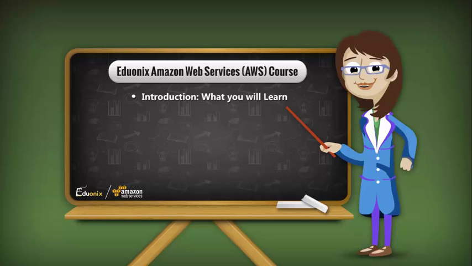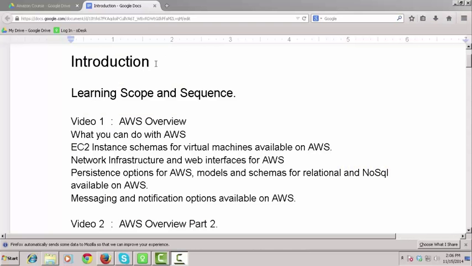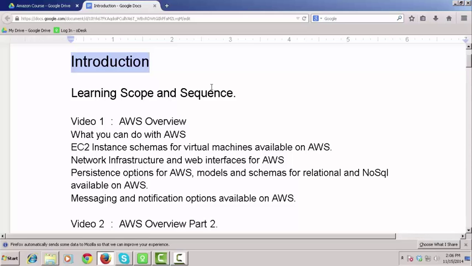Let's just take a moment to outline what we will learn during the course. This is the document with the title Introduction, and you can find this document in the documentation folder for the course. In this document, we will outline the learning scope and sequence for the course. We will do this by giving the video name and then a brief description or highlight of what you will